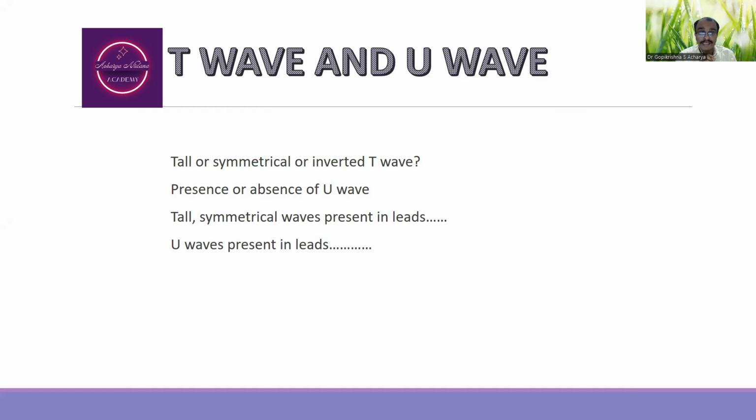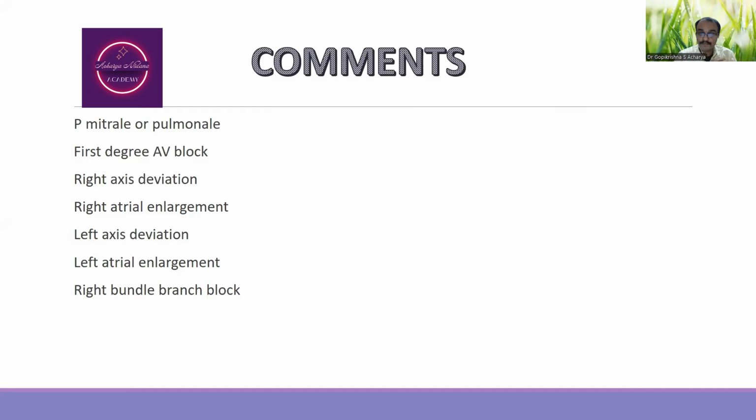Specifically, U wave is seen in chest leads V3, V4 and V5. Other than that, U wave will not be seen in the majority of the conventional leads. We cannot see the U wave. As far as comments are concerned,